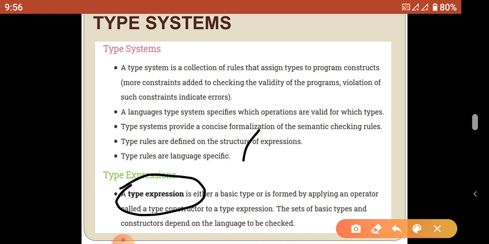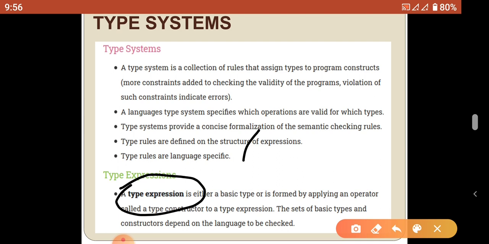A type expression may be a basic type or otherwise a type constructor. Basic type means a valid data type: int, float, character, and others. Type constructor means some constructs are derived from the basic types. That means array, pointers, functions.